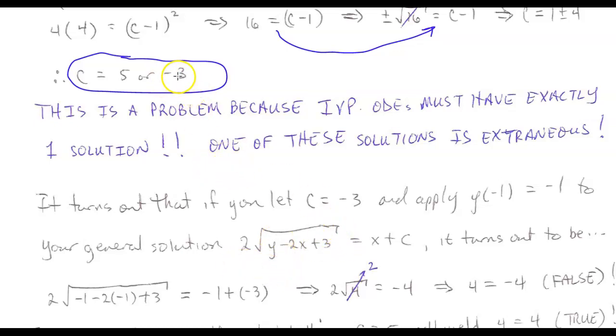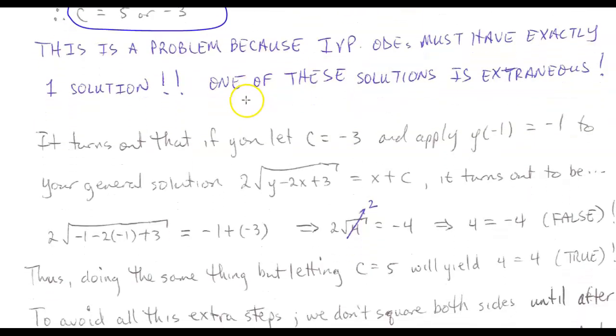Now, of course, if I do that when c is equal to -3, then we'll have this equation here, plugging in when x is -1, y is -1, and c is equal to -3. We plug all that in, and you see the result that we get here is 4 is equal to -4. And of course, 4 isn't equal to -4,